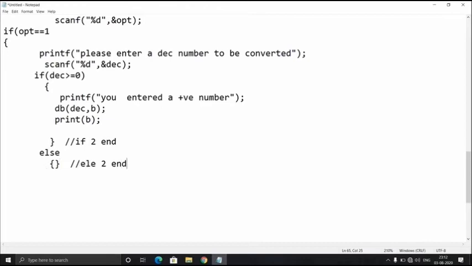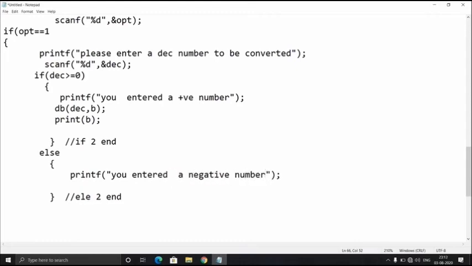Also there are other options, we can use a switch statement, but I went through this. If he enters a negative decimal number, then it will display "you entered a negative number." As you can see on the screen, I have multiplied with -1 the value entered by the user. If the user enters -4, I will multiply it with -1 to make it positive, and then I will use the same logic, with the 2 or more statements, to convert it into its equivalent binary output.